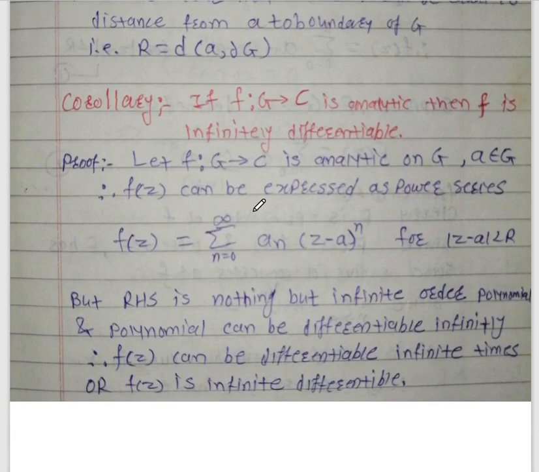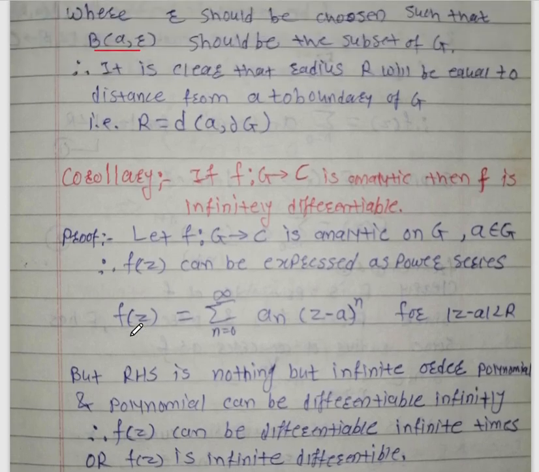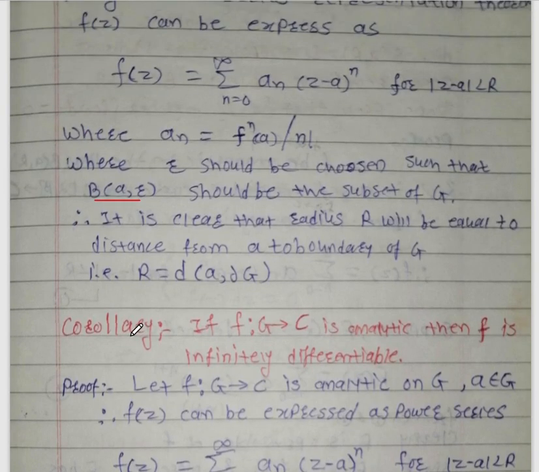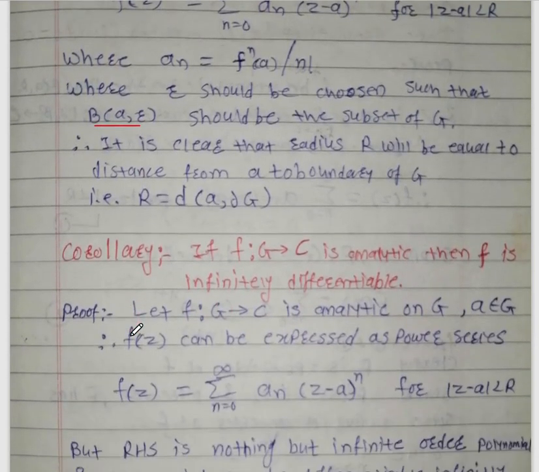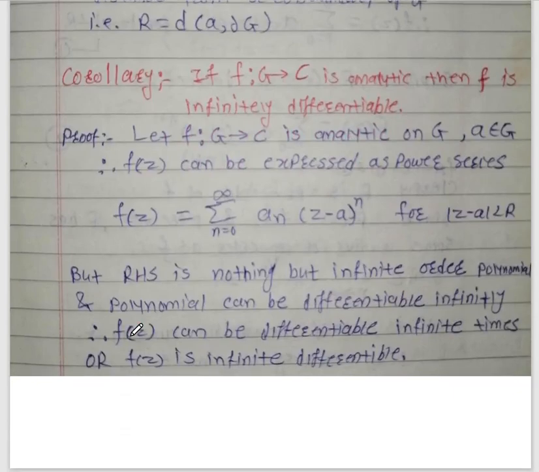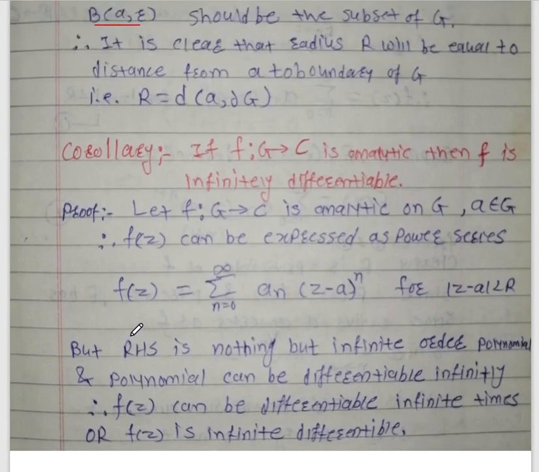And this is another corollary, which is again the same as the above corollary. So in this way we have seen the theorem, that is the power series representation of an analytic function, and its corollary. Okay, so in the next lecture we will see the next point of this unit.